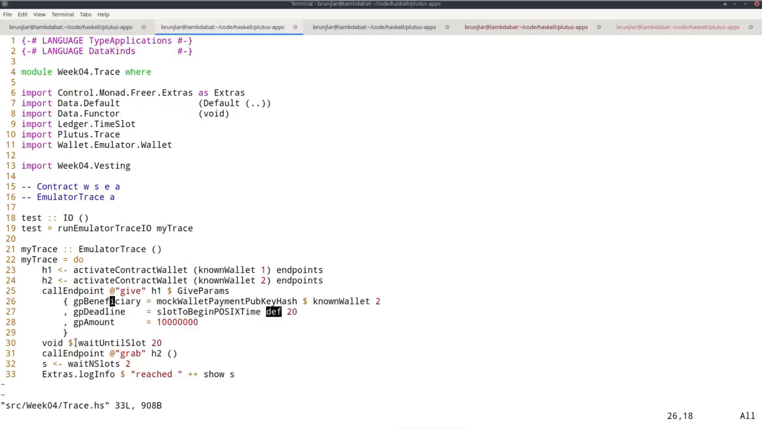Now I wait a bit, so I wait for slot 20 until the deadline has passed. And now the second wallet, using the second handle that was bound here, calls the grab endpoint, and if you recall, the grab endpoint only had unit parameters, so it didn't take any parameters. So I can just grab, and I wait another 2 slots,